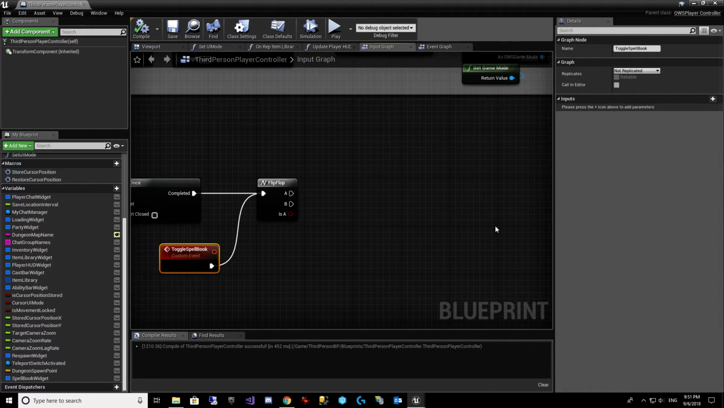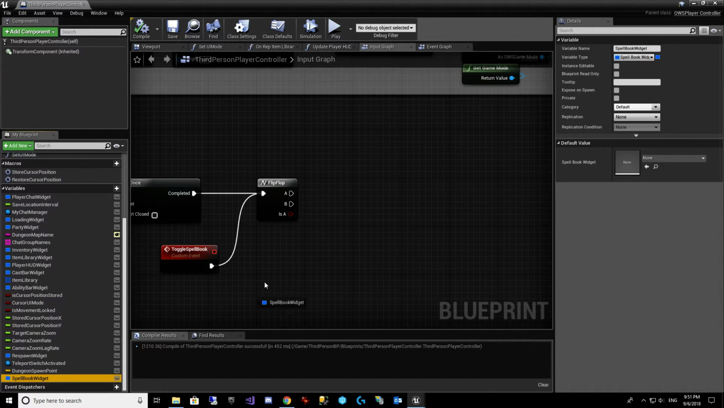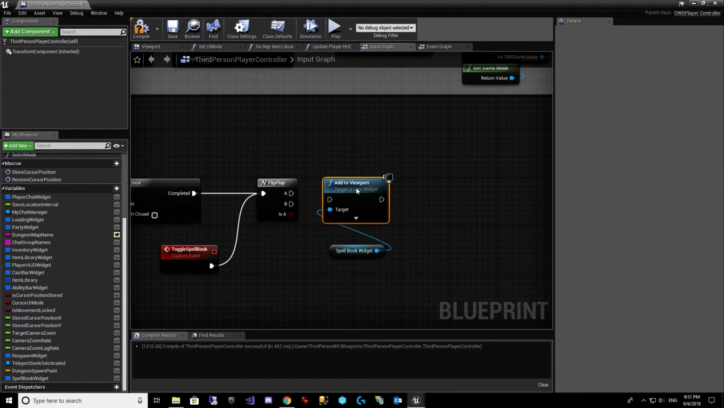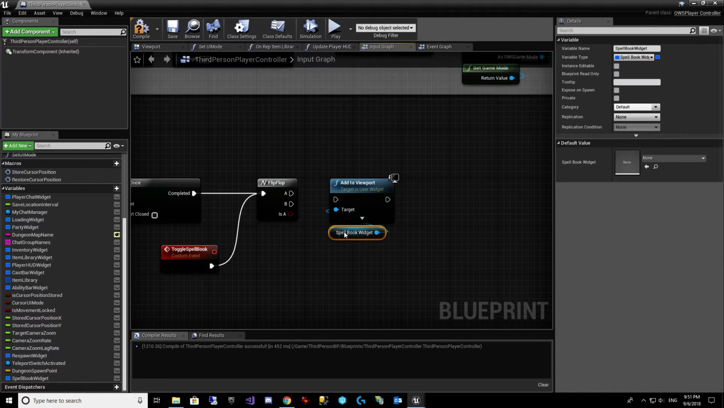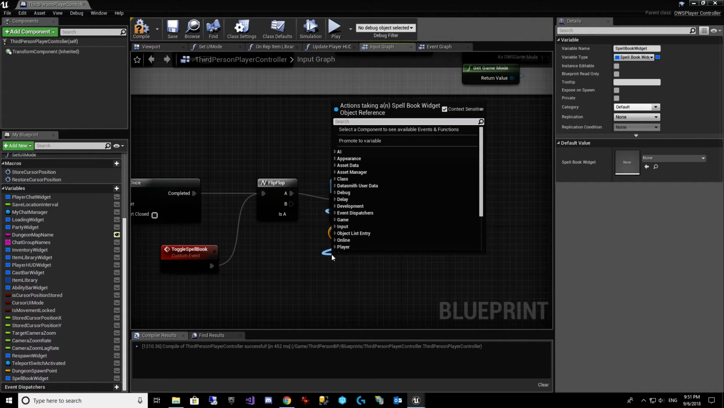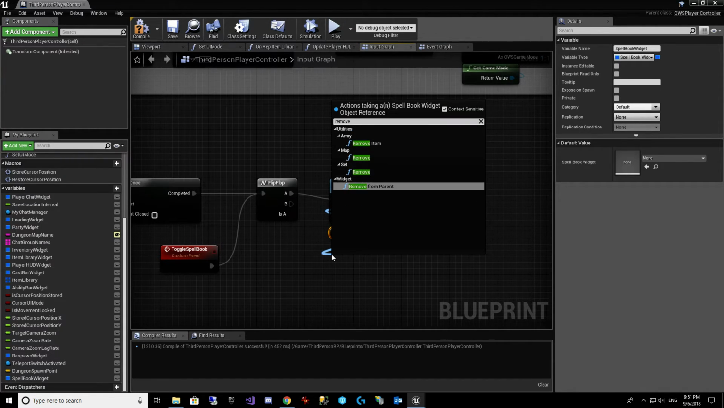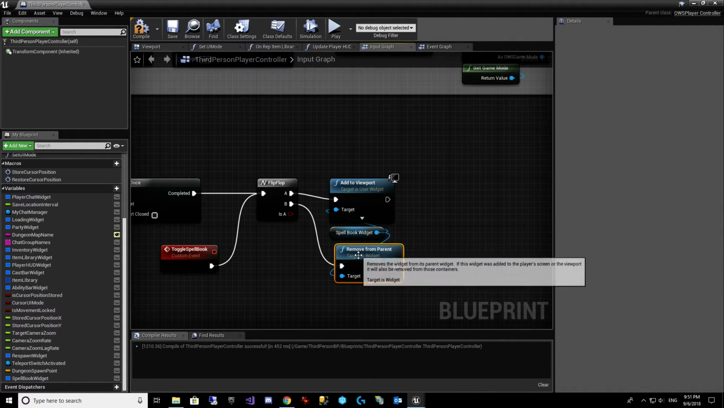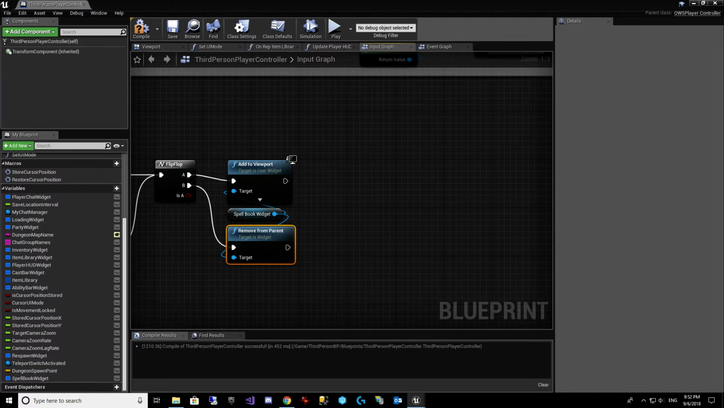Okay. And we're going to grab our spellbook widget. Now we're going to say add to viewport. This is very common. We do this all over the place. On A, you add it to the viewport, and on B, you remove it from the parent, which will hide it. This one's a little bit more complicated because we need to change our mode, but OWS already has a